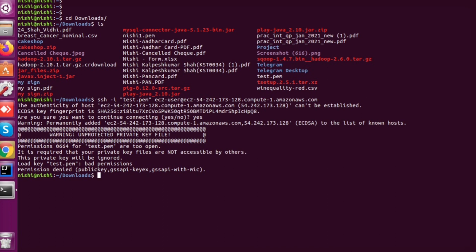So permission denied. Why? Because we did not give the access to the test.pem file. So first we need to give the access: chmod 400 test.pem. Okay, now again we will run this command.